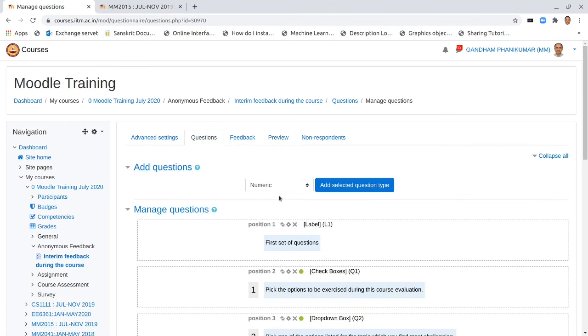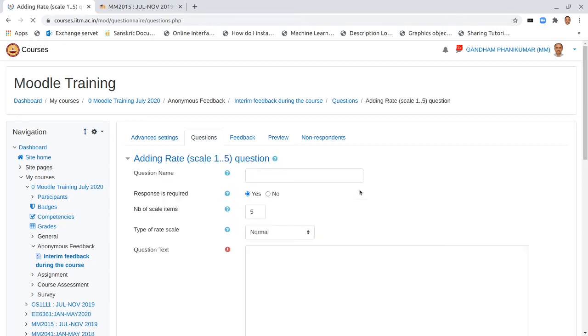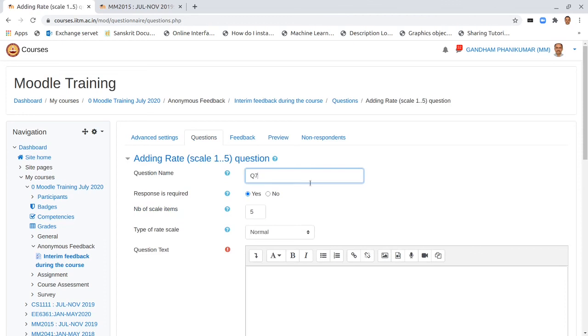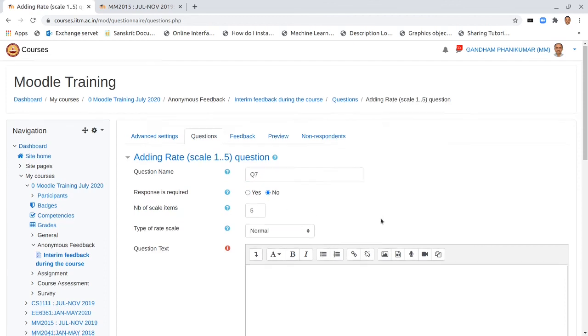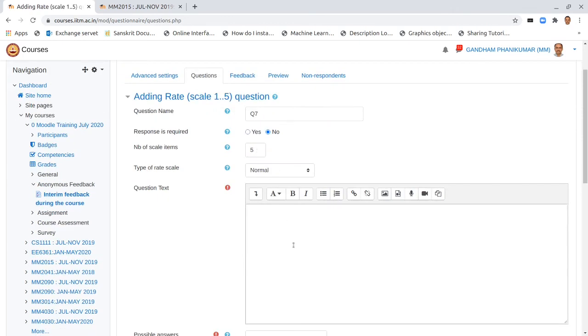So go back to the questions and let us say rating scale. This is particularly useful to see which way the students are tilted for a particular opinion. So let us pick a rating question, optional, and number of scale items is 5.